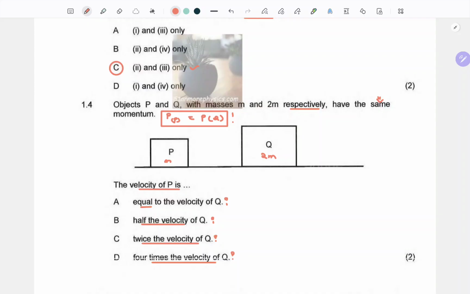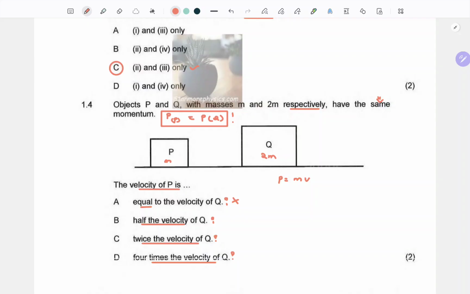Now, obviously, folks, since these are of different masses, already this statement is incorrect. But we can test that. But at this stage, you should be a student who can make that difference. Why do I know this? It's because I know momentum is the product of the mass and velocity. So the fact that the masses are different and the momentum is the same, it means the velocities are not the same.